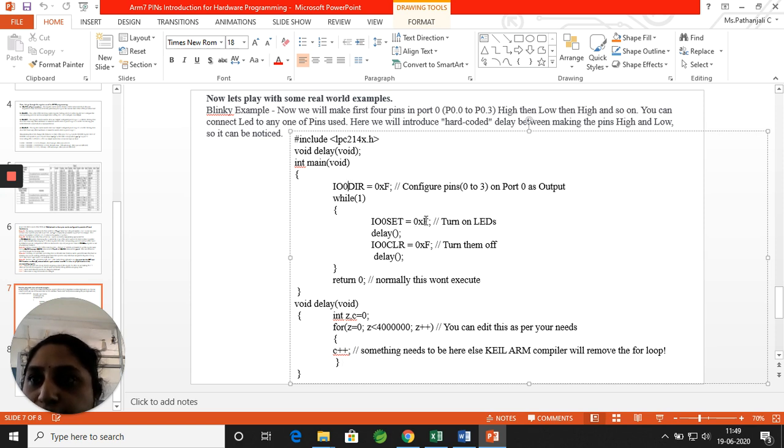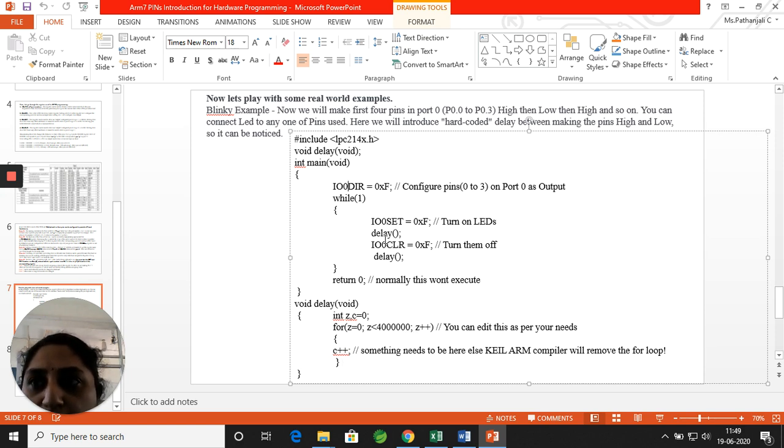So all the pins, pin numbers 0, 1, 2, 3 of port 0, are set to 1. So the LEDs connected to those pins in your external device will turn on. They will stay on for the delay, until the for loop completes. Once the for loop reaches its maximum, it will come out of that loop.